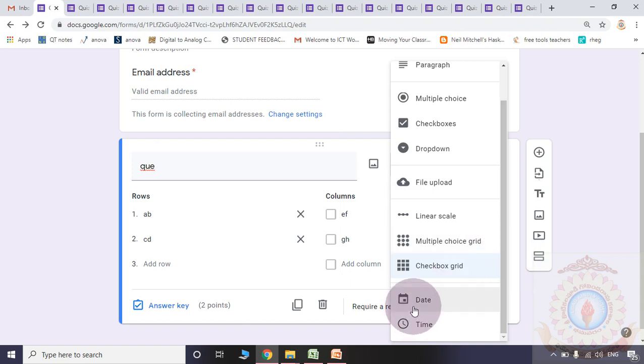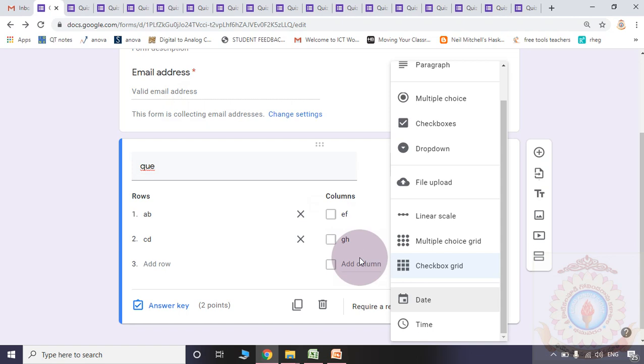Generally, whenever you are conducting a quiz examination, if you are allowing them to write the examination within a specific duration, then immediately after the email address, you may include date, because from that field you may identify the date on which they are attempting.